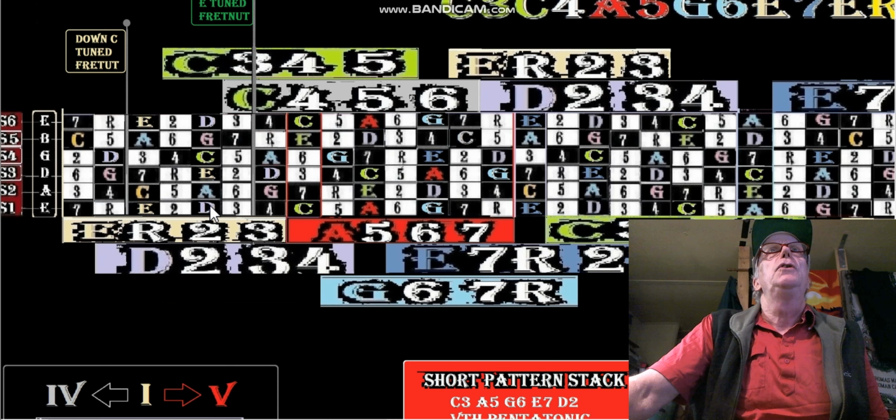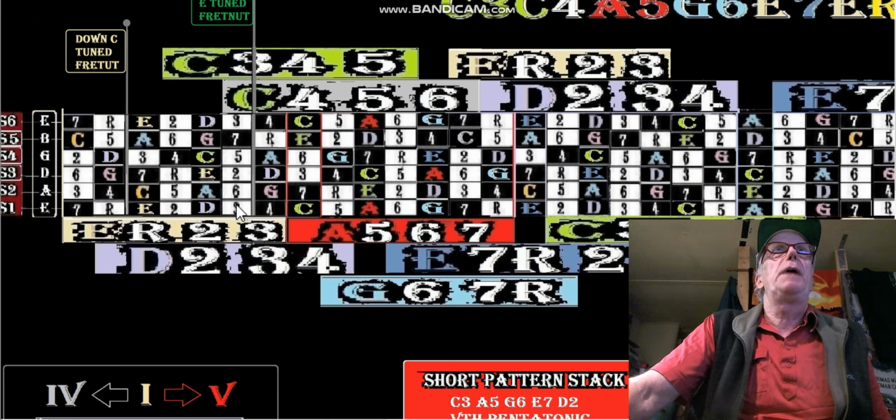All right, so we're going to play 1, 4, 5. We've got root 2, 3 here, and then we just move the pattern up. 4, 5, 6 becomes the new root. Now here's 5, 6, 7 hiding down below. When we move the pattern down, 4, 5, 6 takes the bottom. We move the pattern up, 5, 6, 7. You see how it's opposite the way the